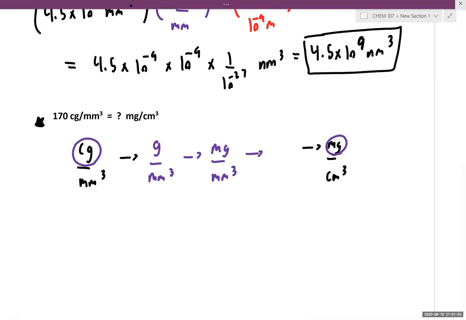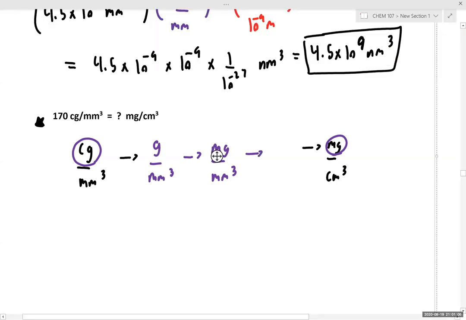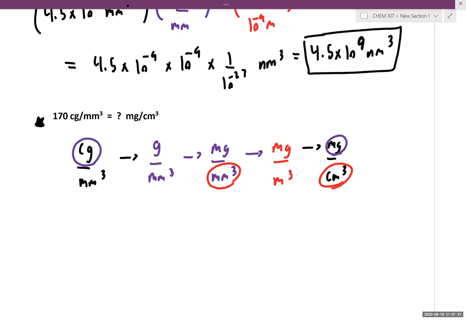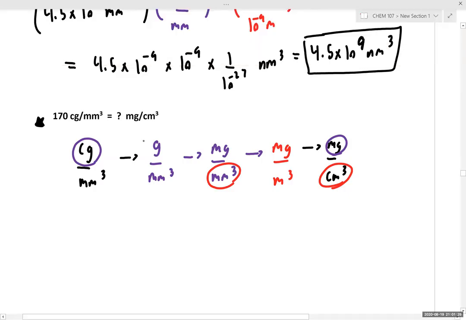Okay, for our next conversion, we want to go from millimeter to centimeter cubed. So what is our intermediate stepping stone? Meter cubed. So we're going to go to milligram per meter cubed and then to milligram per centimeter cubed. Perfect. So now that we have everything set up, if we have 170 centigram per millimeter cubed,